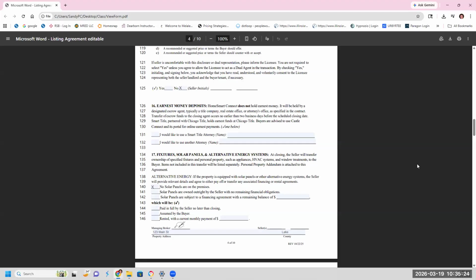You can ask, but you can't enforce that. Here's what I've been told, and I know how frustrating it is. You can ask them to sign a rejection on page 14, or you can tell the listing agent.